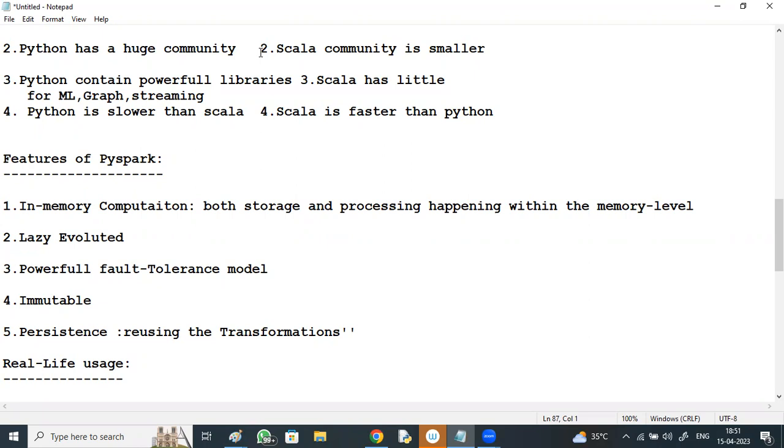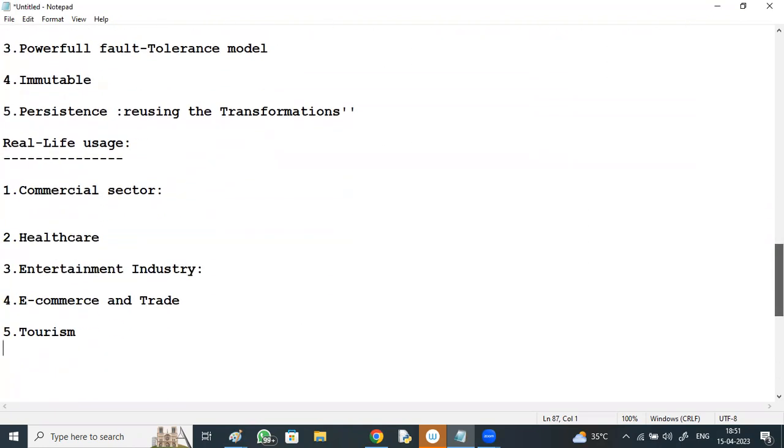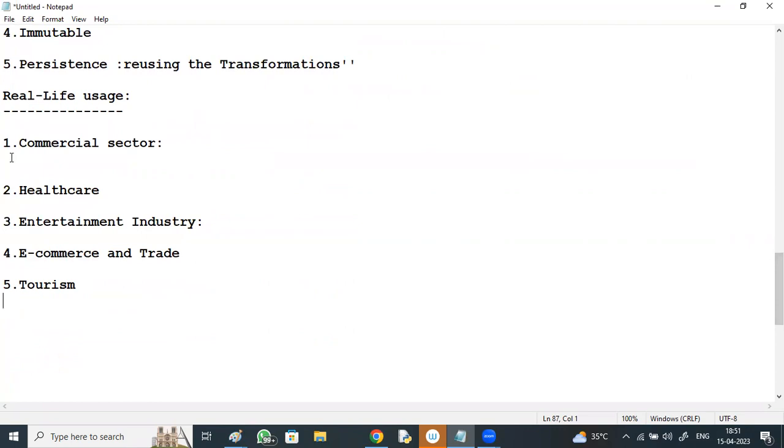Sir, what is the difference between Azure Databricks and Spark? Okay, see here, one second. We have a cluster, it's cluster computing. Where can you run Spark?